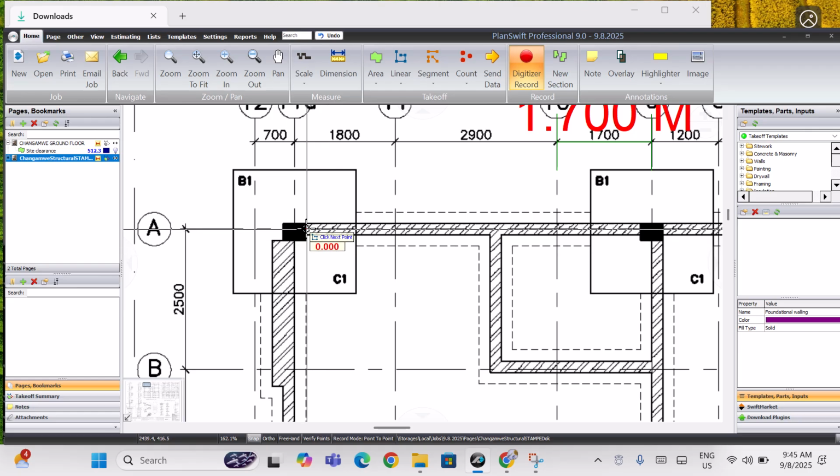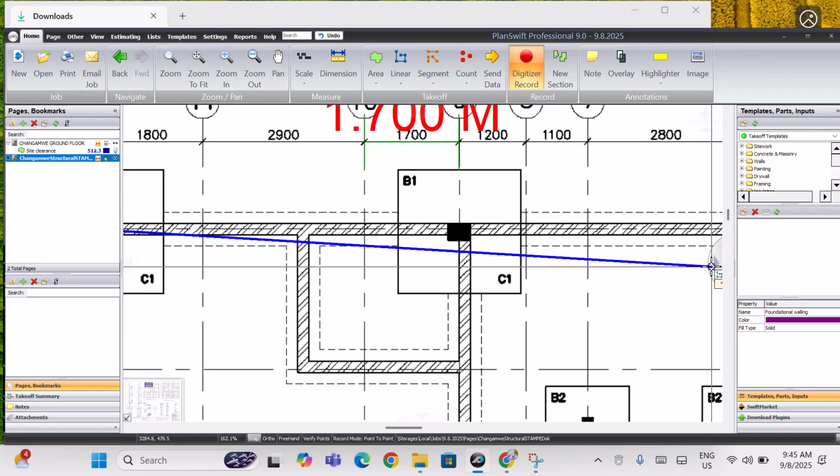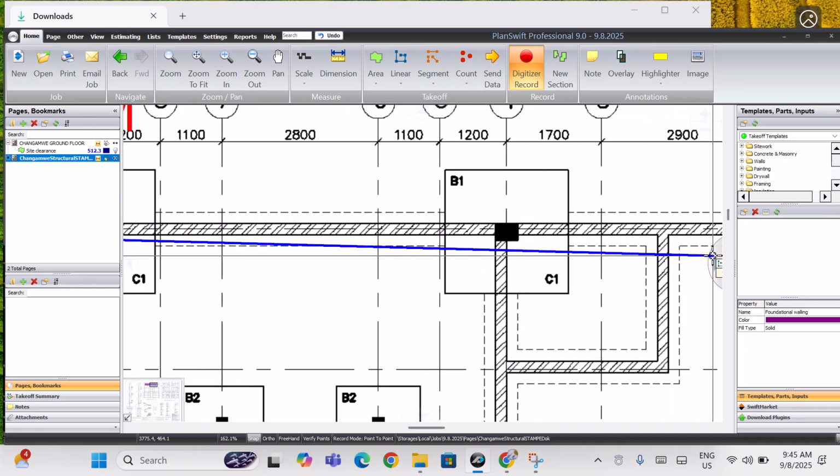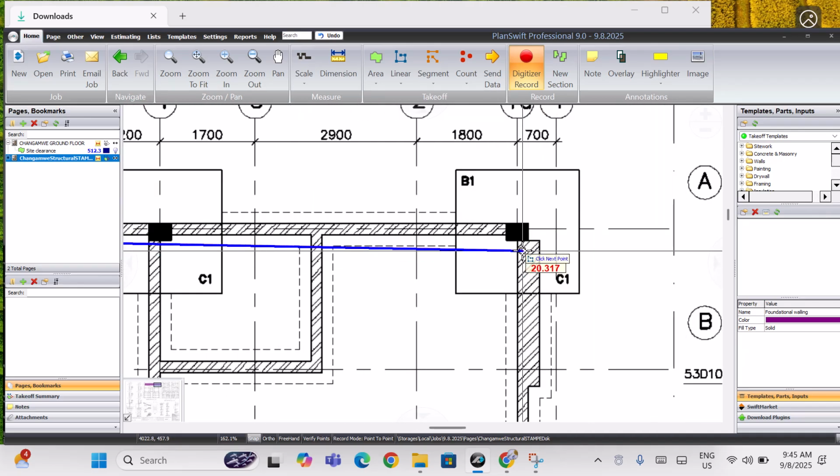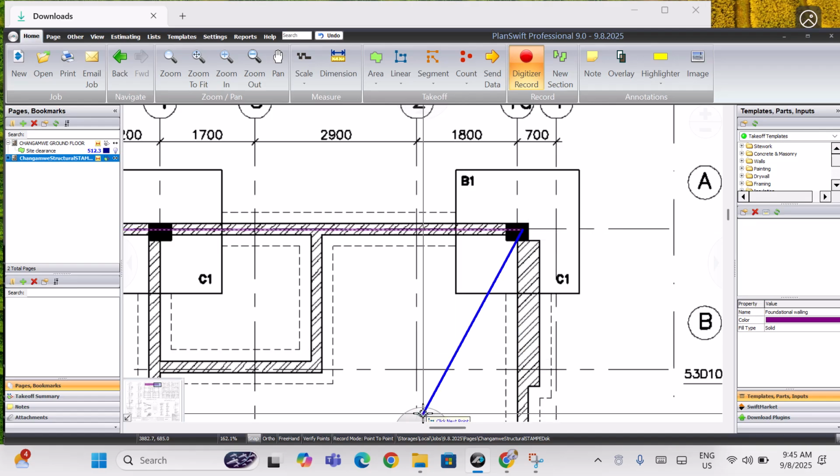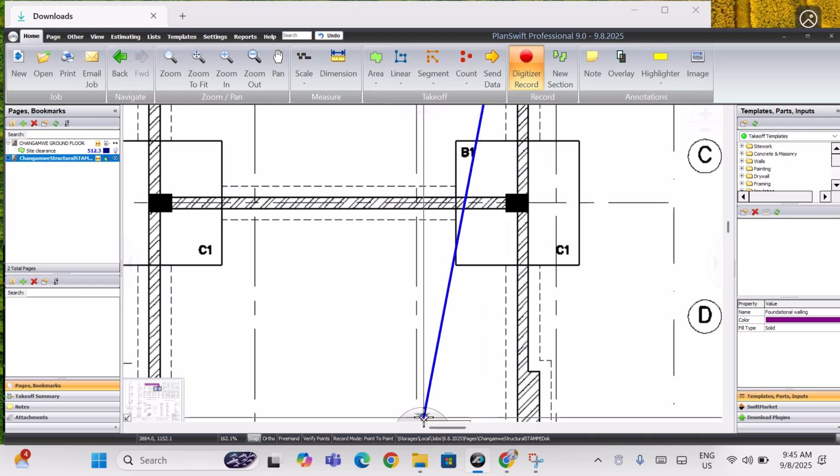So if this is our wall, our measurement starts there, and now you drag your cursor along the foundation walling, which is indicated. You read to that point, which is the center. You select. Basically, you tap once on your touchpad if you're using a touchpad, and